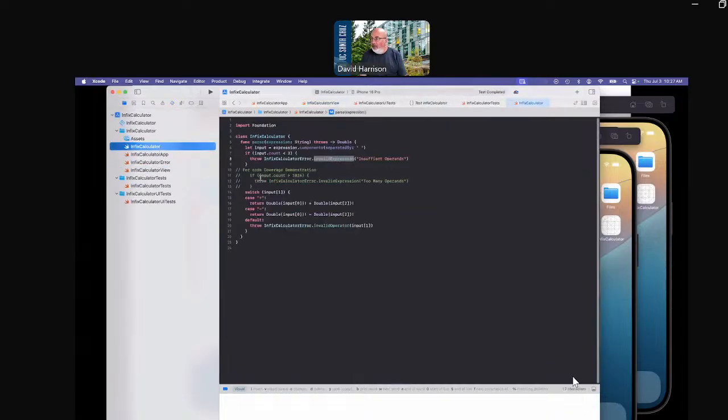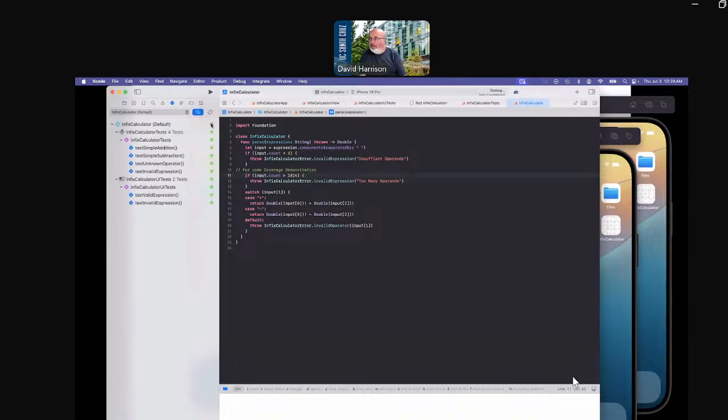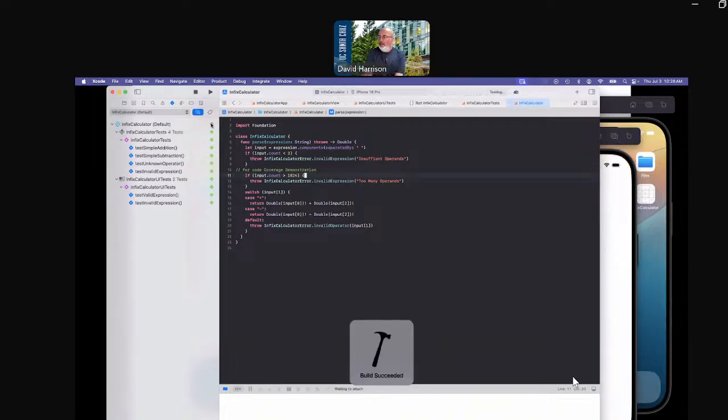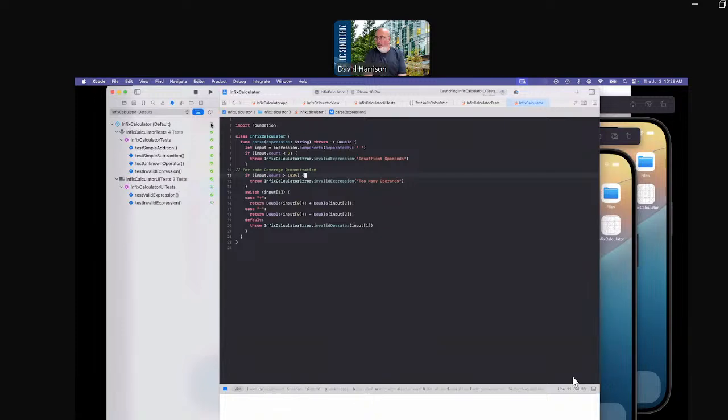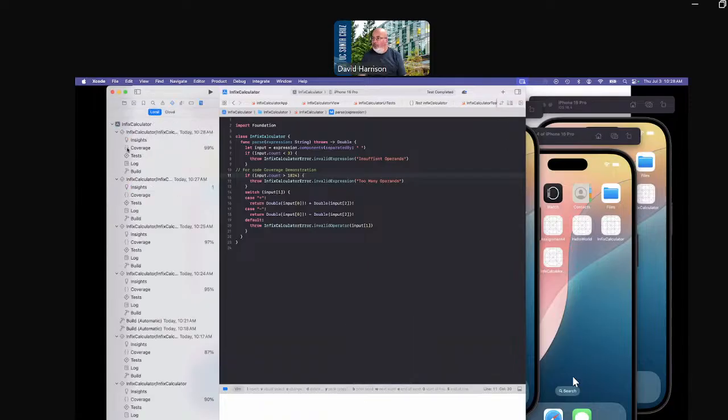I'm going to make one other change as well. In the Infix calculator, I'm going to add in a piece of code that we're going to get a missing branch on, because we're never going to have more than 1K of operands put in. So we go back to our tests, and we're going to rerun all our tests. We'll get better code coverage on the UI, but worse code coverage on the non-UI because we've added in a deliberate piece of code to get bad code coverage. And we can see here the UI tests are running. We can actually watch them. Oh, that worked. Go back to the report. Got a new run,